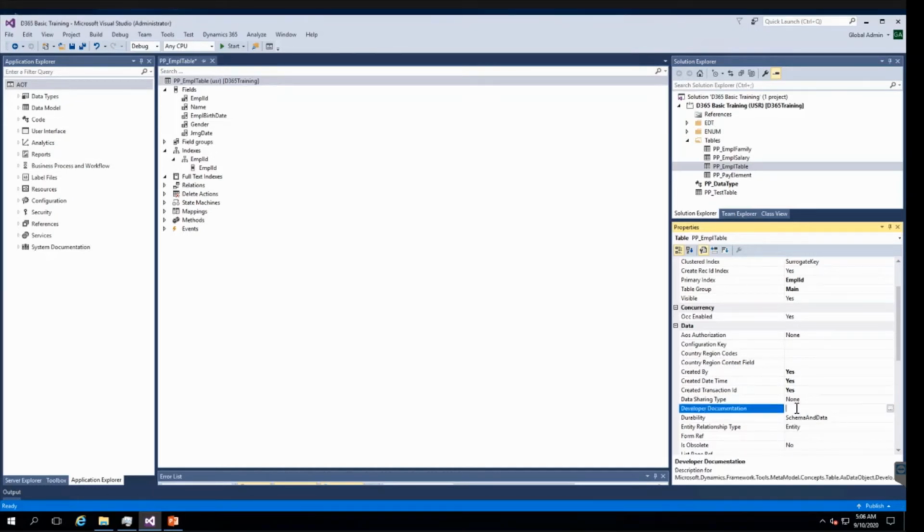The developer documentation describes the purpose of the table and explains how it is used. So we can define one label. This durability is whether this table is schema or data. We are now going to use it for both schema and data. Entity relationship type, whether it's an entity or relationship, is used for the data model notation. So here we can define whether it's an entity or relationship.